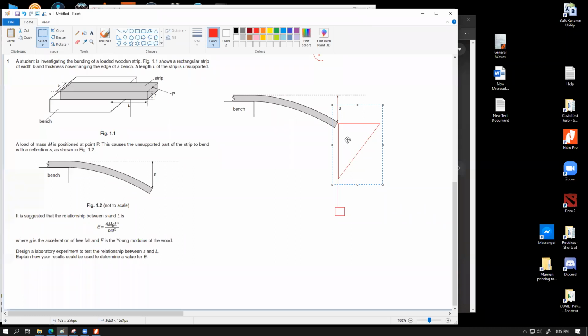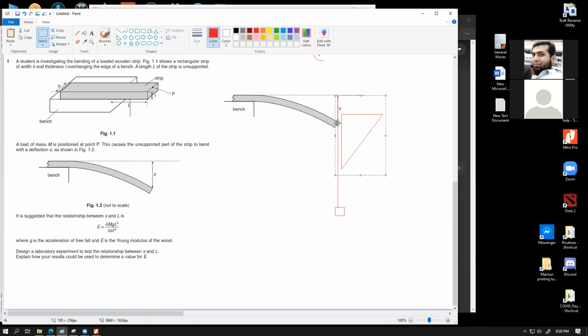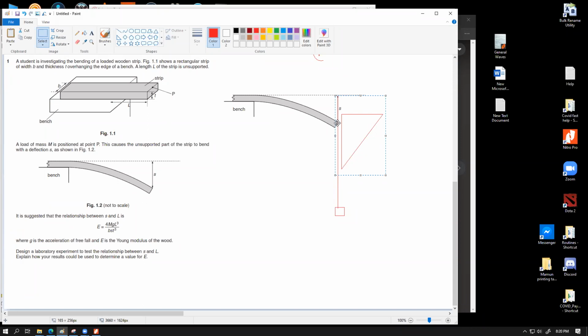Got it, sir? How did you understand with the plumb line? Our aim is to measure this S vertical to the ground. So we do not want any angle to interfere with our measurement. To avoid that, we are hanging a plumb line. Plumb line is basically a string which has a heavy mass loaded underneath, and we are hanging it from a specific point in such a way so that it is touching this edge, nearly touching, not essentially touching, because touching might cause some friction, which brings up some additional